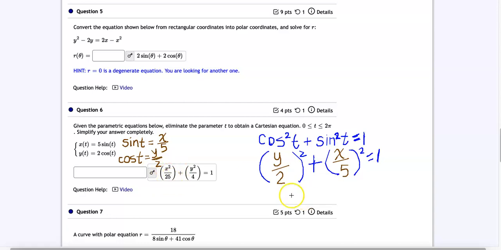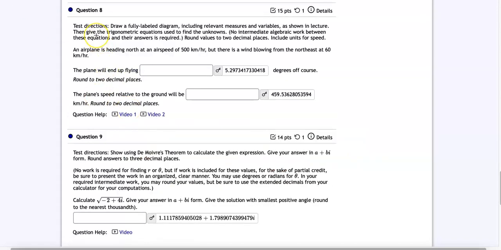That's standard. If you have the y squared first, I'm not going to count you off for that. Also, these parentheses are not necessary. You could just write this as x squared over 25 plus y squared over 4 equals 1 with no parentheses, and you'll be fine. Okay, so in question number 8, we are dealing with vectors because we have an airplane